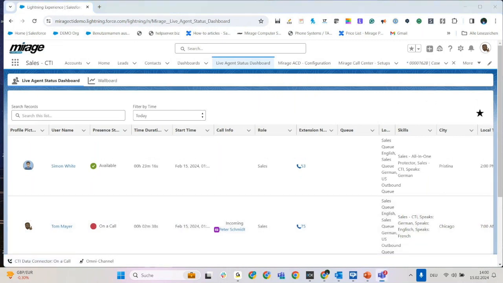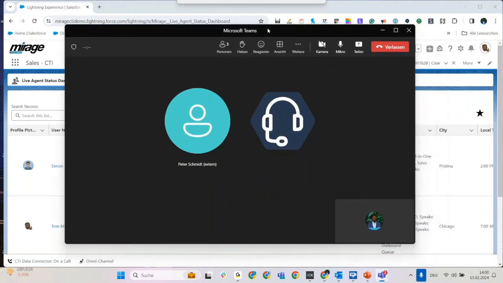We do have behind the scenes, as always, Teams as a telephone system really active. That means the call I'm making right now is completely going through Teams. The voice part of the call is running through Teams, whereas we take the data and push it into Salesforce to start all the nitty-gritty things that you as a customer then want from our solution in Salesforce.